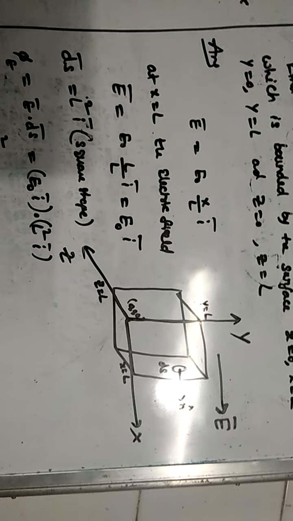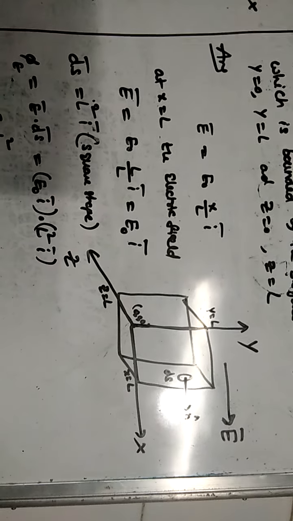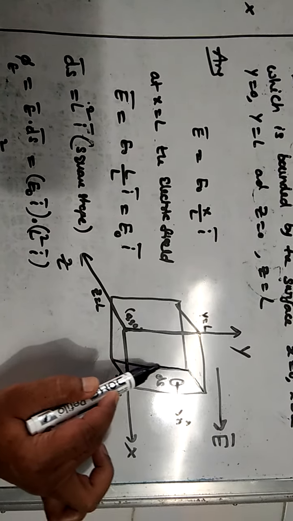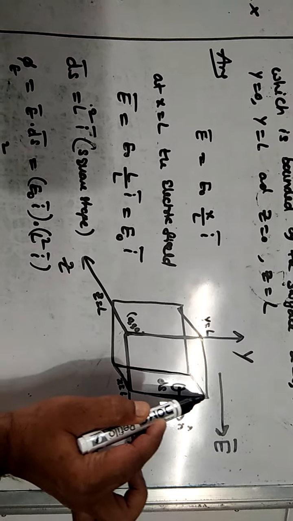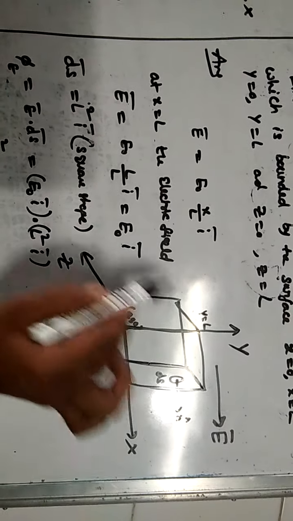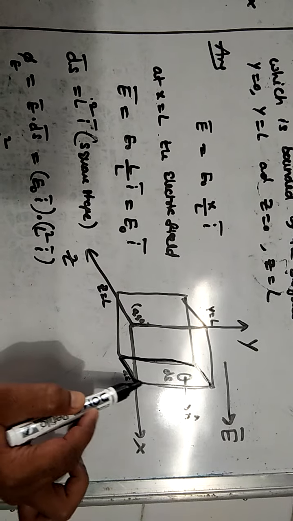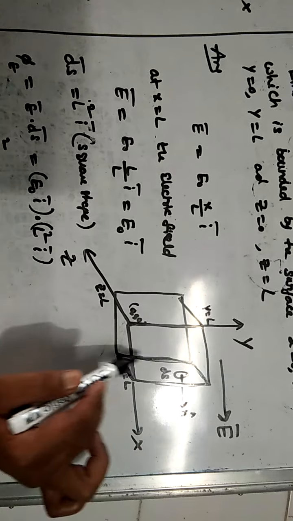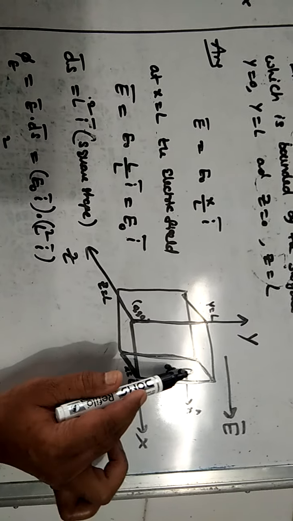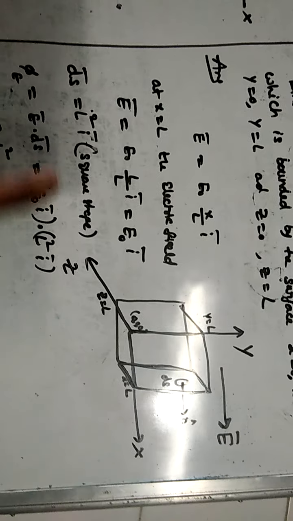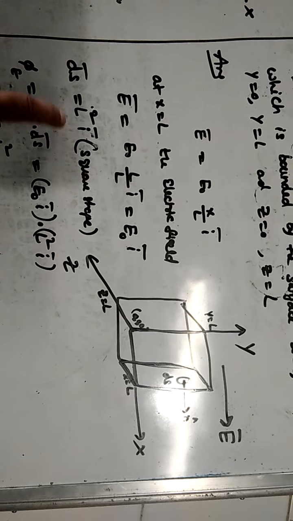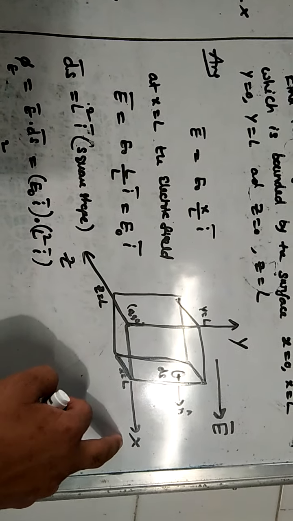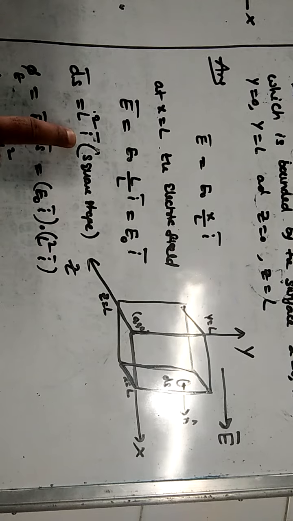Now again I am saying, consider the surface from which electric flux is coming. See this surface. This is the ds bar, and what is the shape of this surface? Only one surface I am asking, not the total surface. The total surface is a cube. This face is like a square. So the side is L, that is why the area of this square is L square. N cap is along the x-axis. That is why ds bar is equal to the area of the square, L square i cap. Why am I writing i cap here? N cap is towards the x-axis, so I am writing i bar.